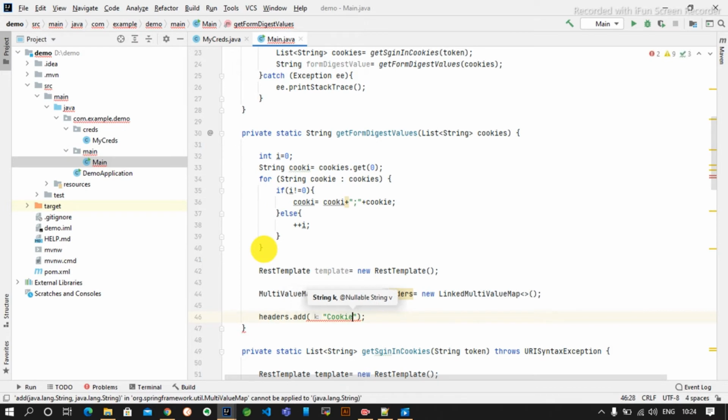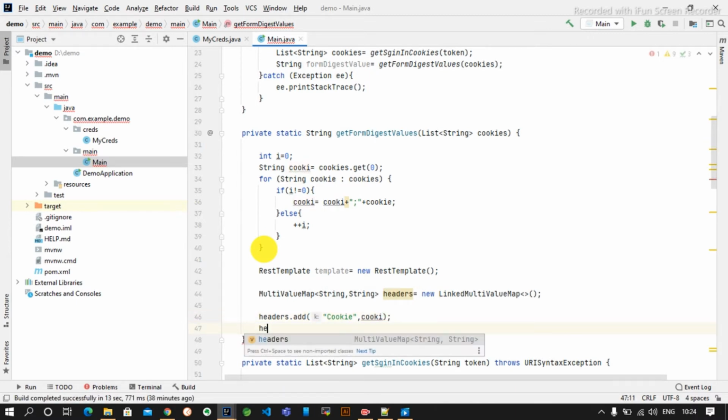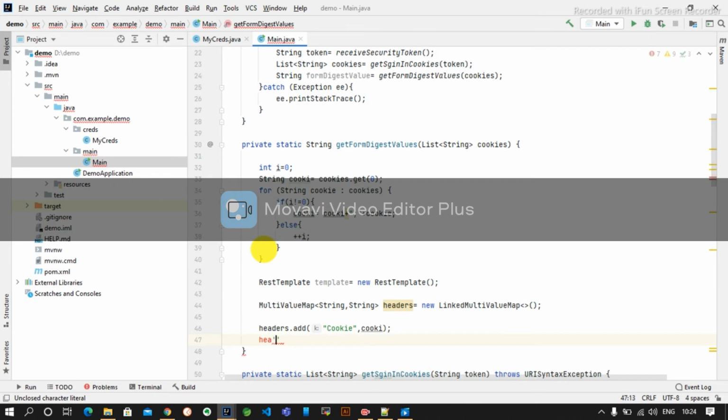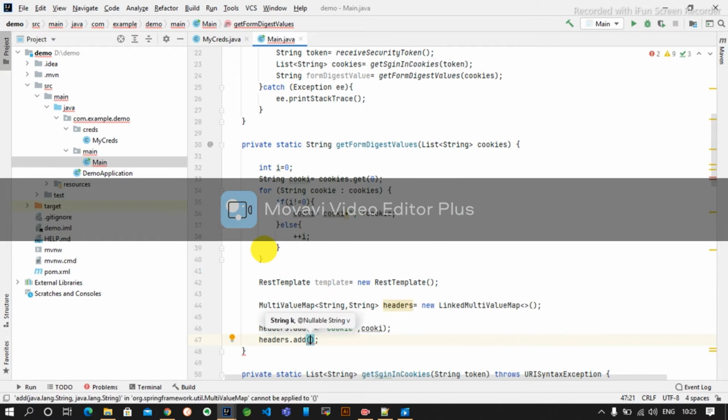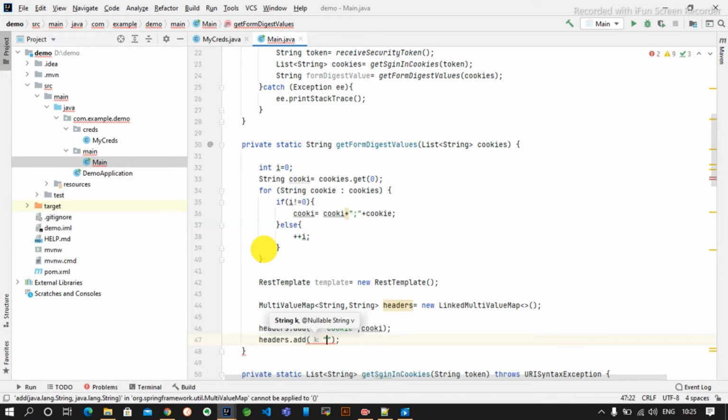We will add the cookie, whatever cookie that we have generated, then headers dot add accept. We will use that accept form, meaning whatever JSON or XML you are using to accept.